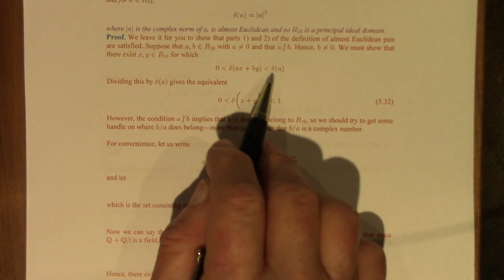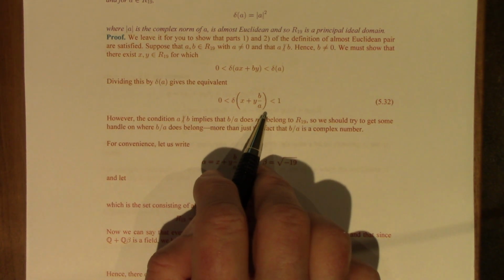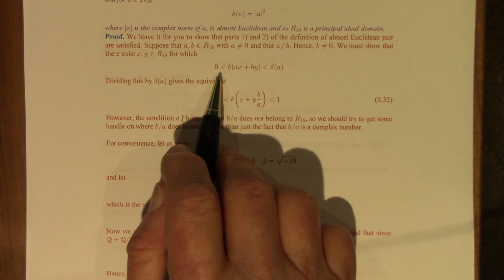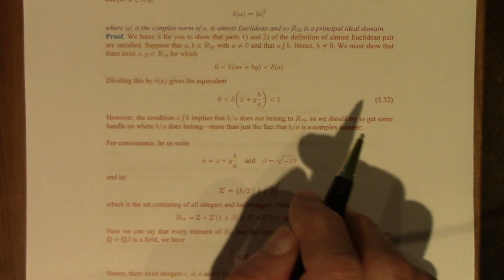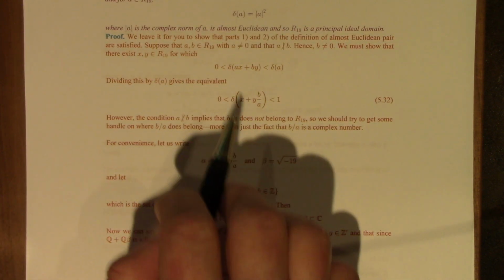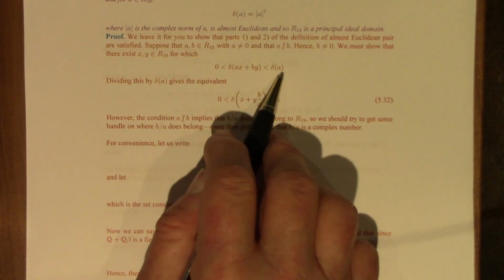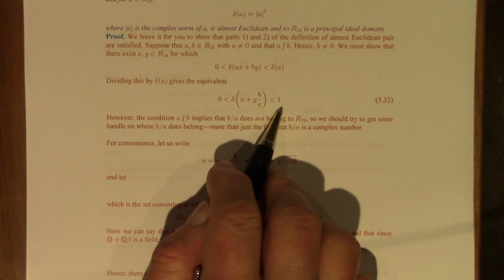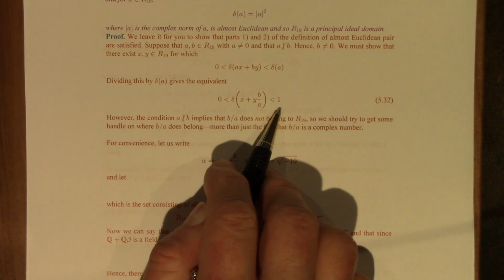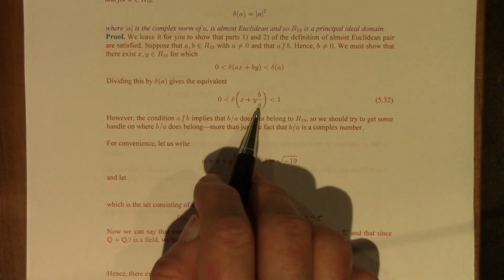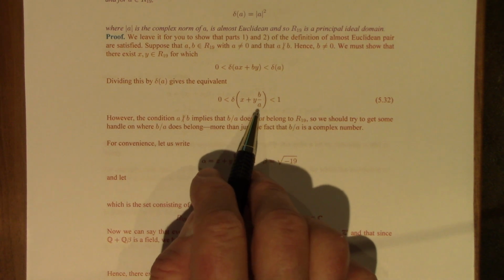So this first step, for example, may seem a little strange, but this is typical of the proofs that I've seen. You might be able to do the entire argument using this set of inequalities rather than this set. But it seems convenient to divide this through by delta A to get something that looks like this. And it's not necessarily clear right now why that's convenient. But it does raise an issue.